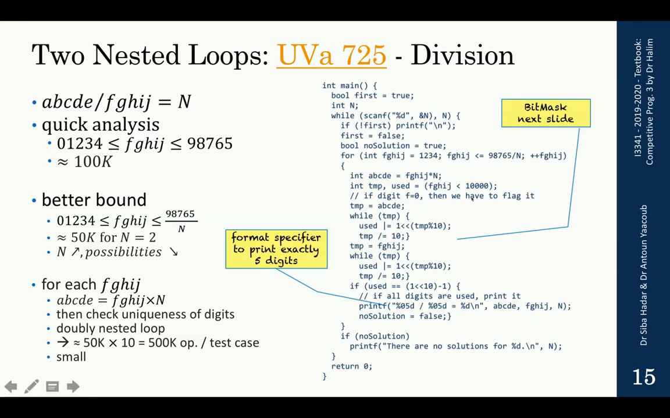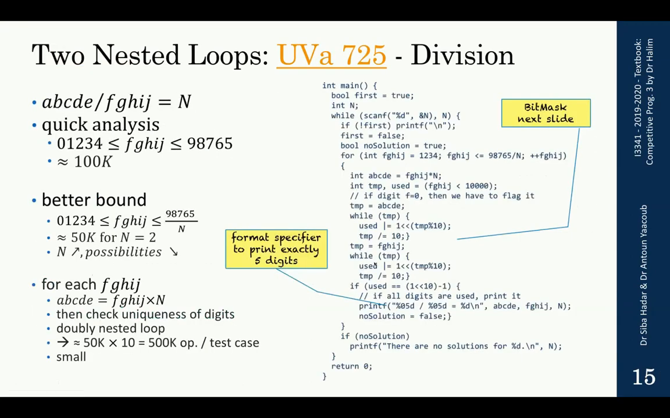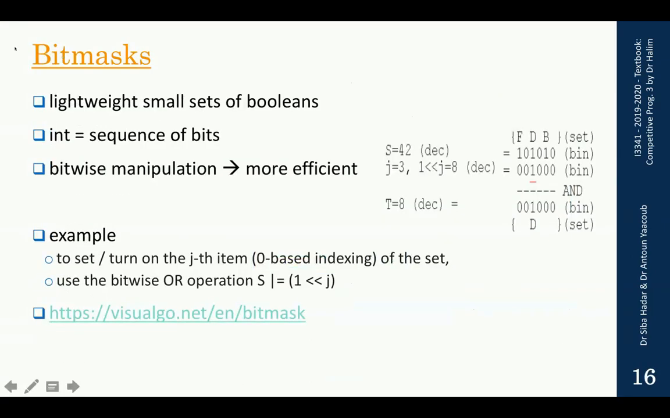Before we explore and explain this solution, here we are going to use a bitmask, and I will introduce the bitmask and then go back to the solution. Bitmasks are lightweight small sets of booleans, and whenever possible they are stored in integers. An integer can be considered a sequence of bits, and bitwise manipulation is more efficient than manipulation over an array of booleans, etc. An example of how to use this, consider this: